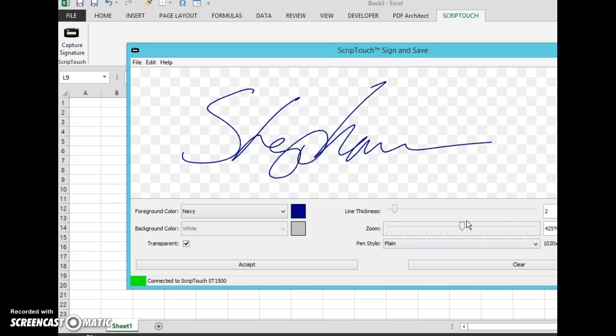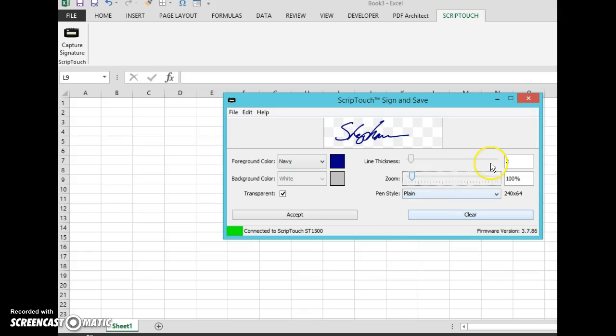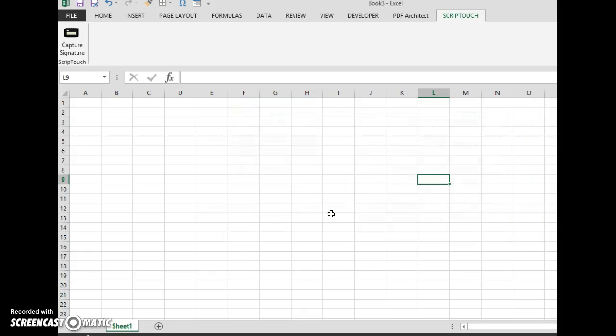What I'm going to do is show you that if I choose a zoom of 100% and a line thickness of 1, I get a fairly nice looking signature there. You can also choose different colors if you'd like. Black is fairly standard. I tend to use navy because I like it to look like a blue pen. And then I'm going to go ahead and accept that. Okay, you see how all of a sudden it appears in the spreadsheet very close to the cell that had been